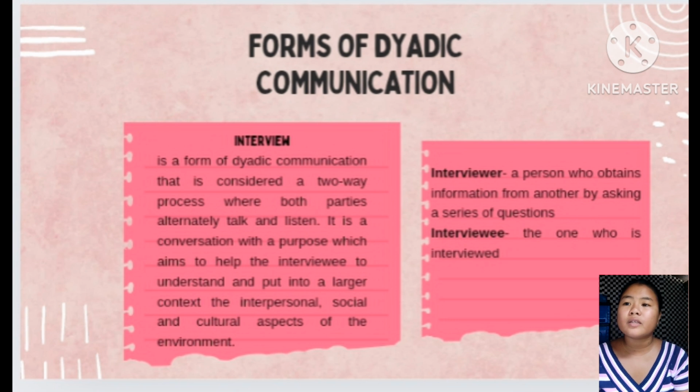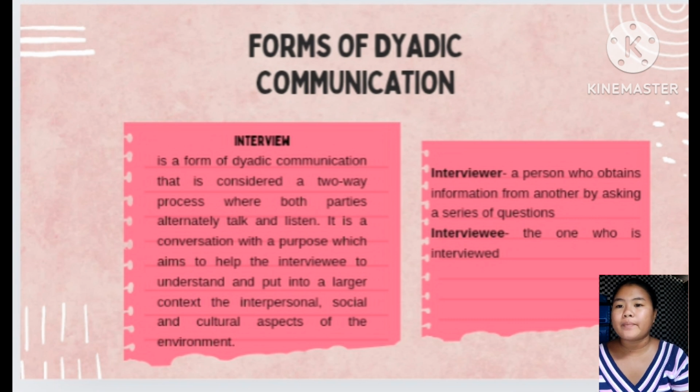So, when we hear the word interview, the word that comes into our mind first is job. Yes, in a job, it is very important. It is very important because through an interview, the boss, the person who is asking a series of questions, has a purpose in your job. Okay,